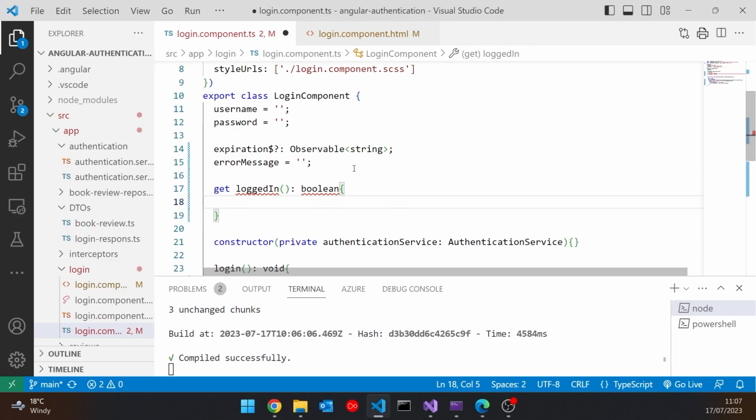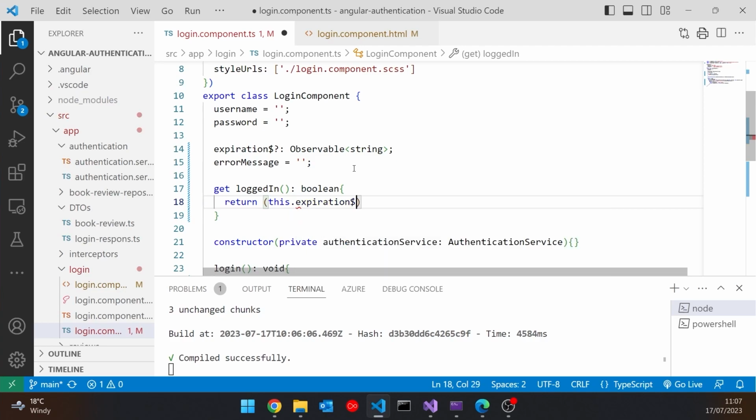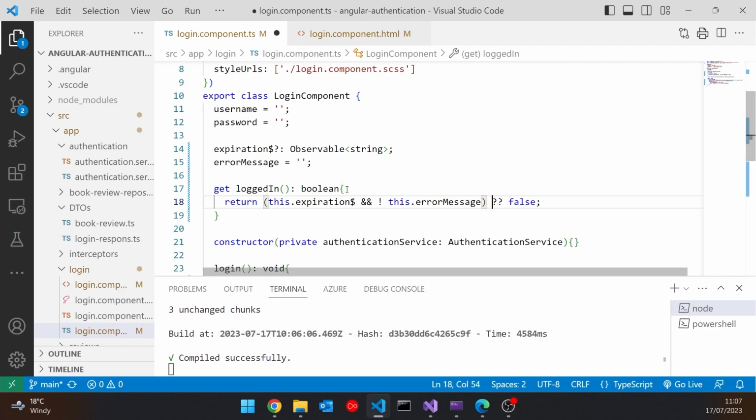And the thing about that is it's only going to be logged in if we have the expiration observable in existence, which means we've started the attempt to log in, but then also if we don't have an error message. And remember, because error message is a string, if it's blank, that counts as false, so that's what we want. That gives us a slight problem in terms of typing, because that's returning truthy or falsy, not true or false. So if we just do a double question mark false on there, that solves the typing issue.